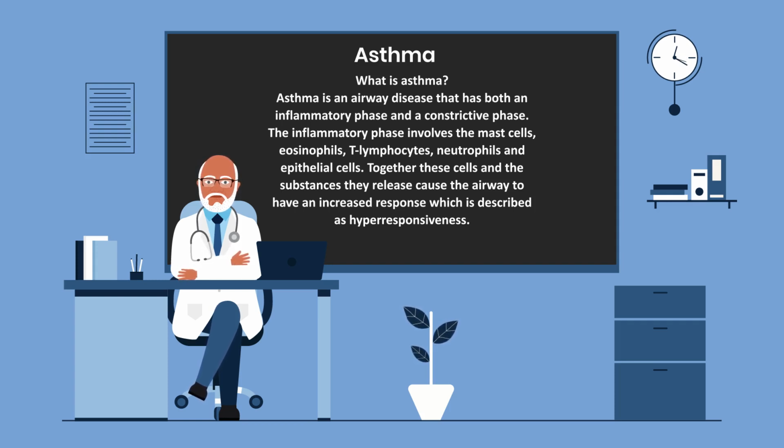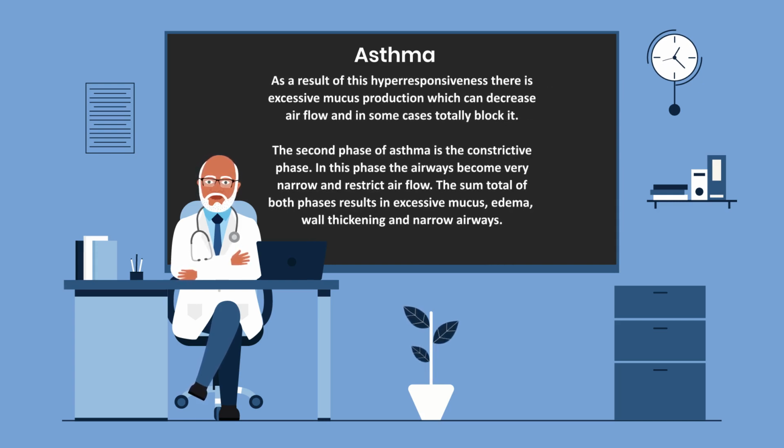Together, these cells and the substances they release cause the airway to have an increased response, which is described as hyperresponsiveness. As a result of this hyperresponsiveness, there is excessive mucus production, which can decrease airflow and, in some cases,